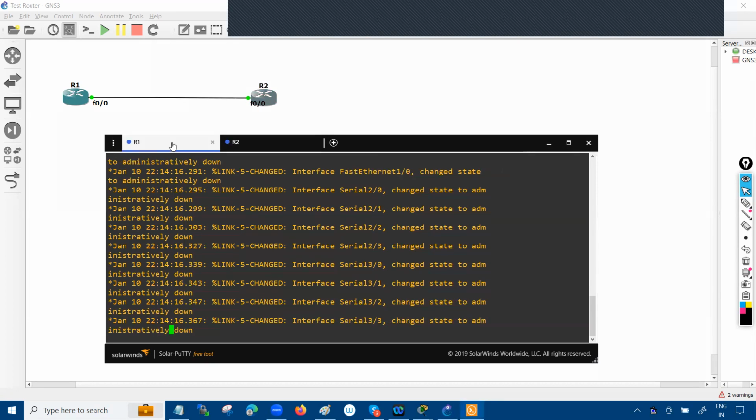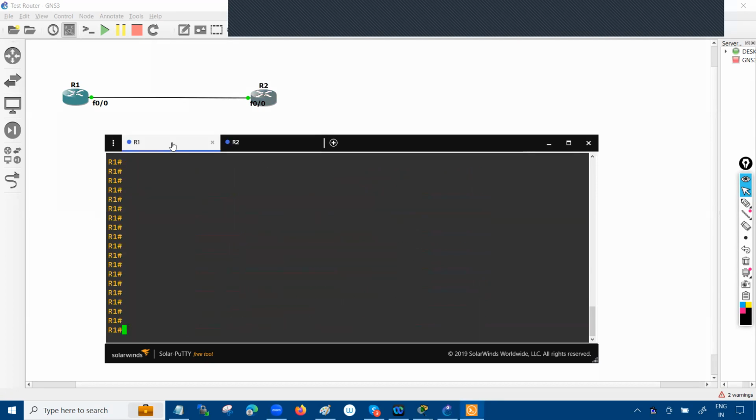Okay, so that's my router one. Maybe you have a question here. I'm not getting the user mode right now over here. We are just entering the privilege mode. So that's GNS3 behavior. I cannot do anything, but